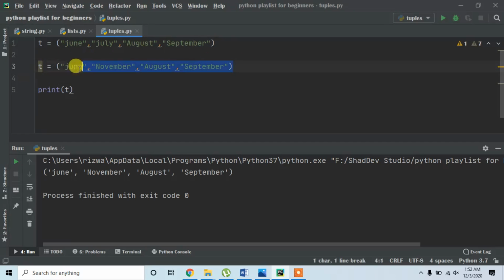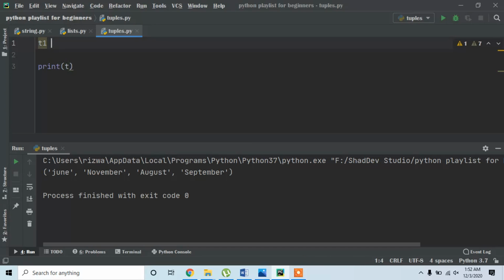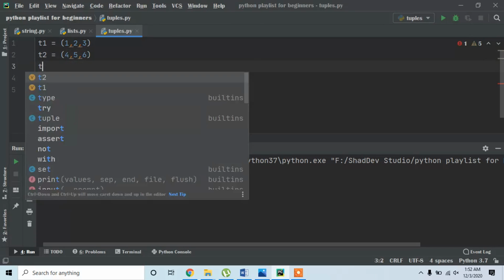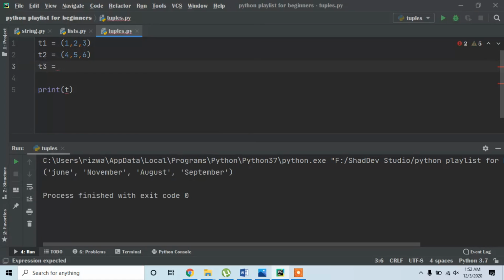Let's say we have two tuples, T1 is equal to 1, 2, 3, and T2 is equal to 4, 5, 6, and now we want to concatenate both T1 and T2 and assign that result to T3. Now printing T3